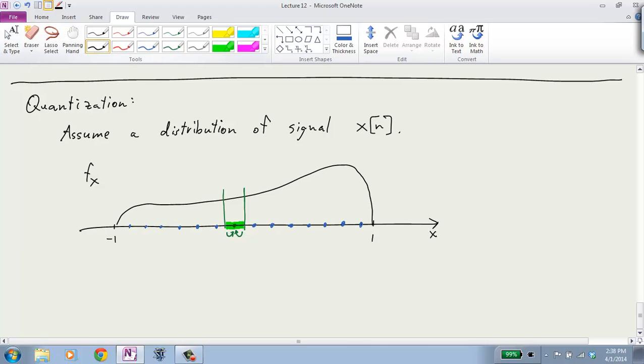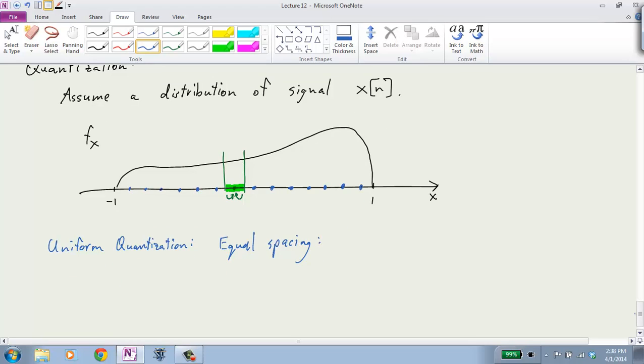Okay, and we notice a couple of interesting things. One is, if we talk about uniform quantization, as I've drawn it, uniform quantization means that I have equal spacing between the quantization points. So notice that if I have a fine enough uniform quantization, if these points are close enough together, then the error,